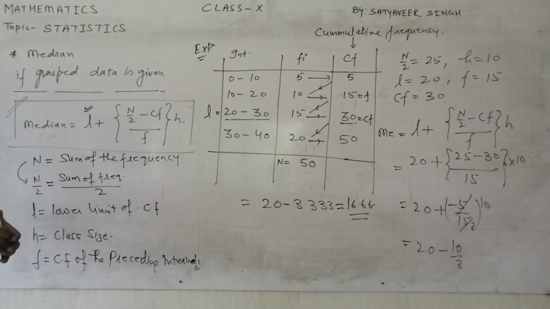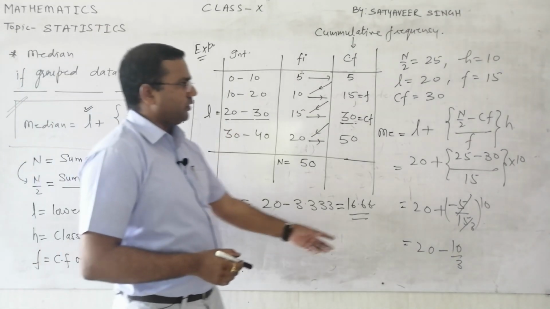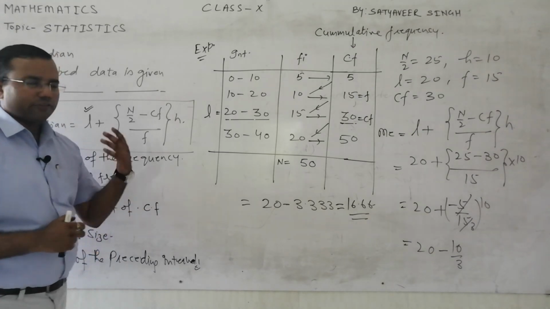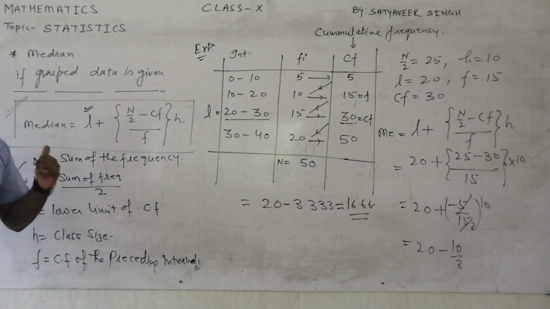I hope you understood this concept, how we will find out the median of grouped data using the formula of grouped data. What is the meaning of all these terms? I have explained how you will select these terms in the given data and how you will utilize the formula. So like this, any question you can take, you can frame the question on your own, like I have written just like that. Try to solve it. There are many questions given in the textbook. Take the help of that, so you will be familiar with this method.